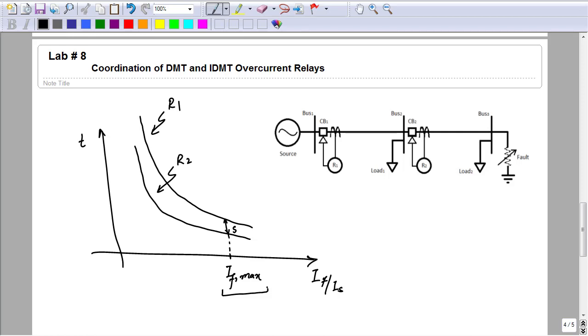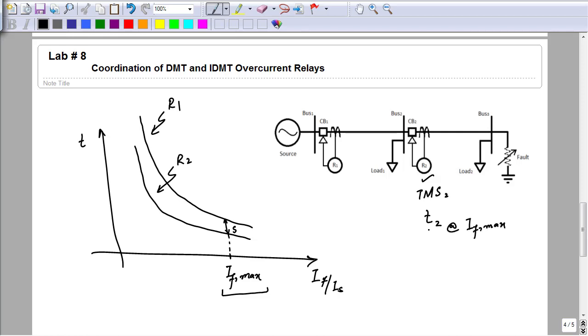If relays are coordinating at maximum fault, they will definitely coordinate at all the fault values less than this. Now here is how we are going to achieve the coordination. Step 1, first of all select the TMS value for relay R2, set its TMS. Then on this TMS, for the given value of fault current, determine its operating time T. Calculate its operating time at IF maximum.